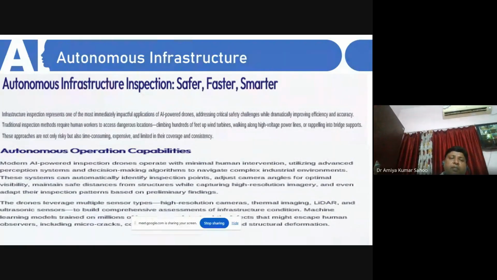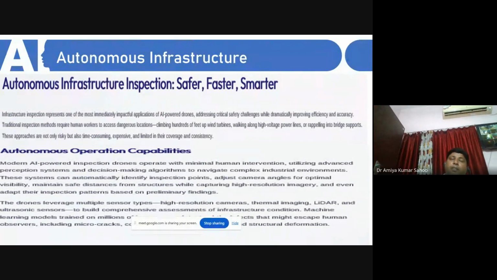Infrastructure inspection represents one of the most immediately impactful applications of AI-powered drones, addressing critical safety challenges while dramatically improving efficiency and accuracy. This can be possible by the help of